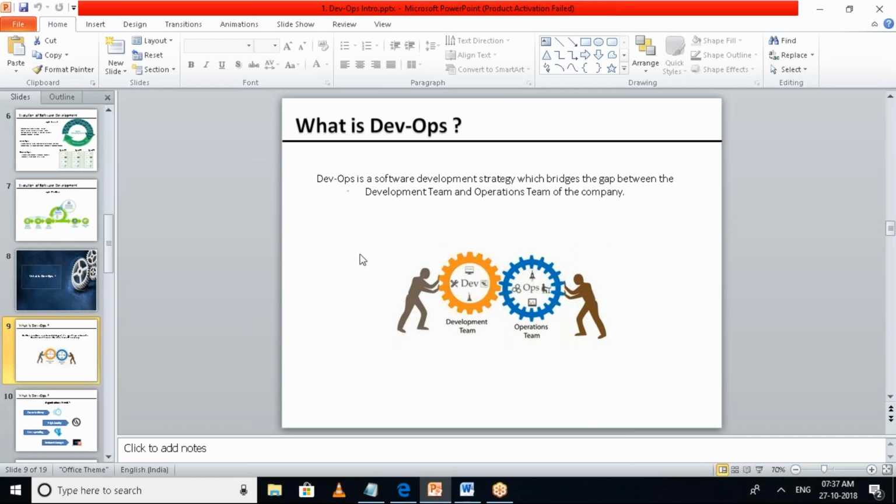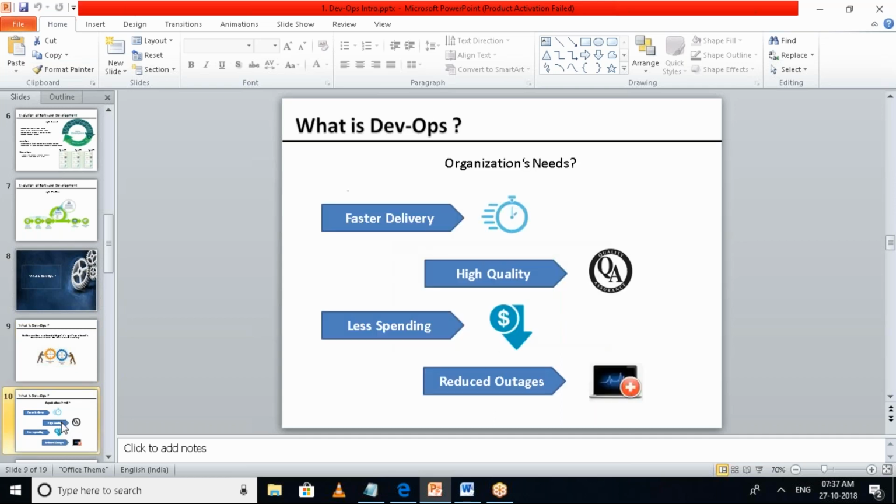Before moving to that, let's also understand the organization's needs. What exactly does the organization need to accomplish in their industry, in the market? The first and foremost thing for an organization, not only in the software industry but any other industry, is the faster delivery of their product. They don't want to wait too long when the requirements are very clear.